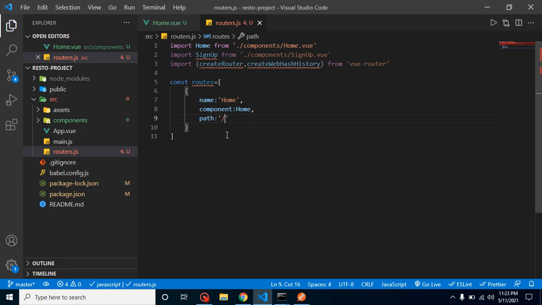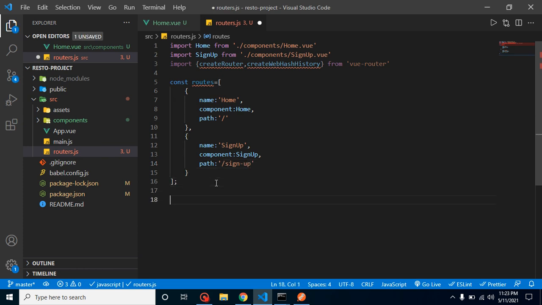Great. Now we have to define the second one for sign up. Let's define the second one, which is sign up. The component will be the same, and for the path you can put here like sign up. Great. All right, so now let's create another constant, which is router, and now let's use createRouter as a function,